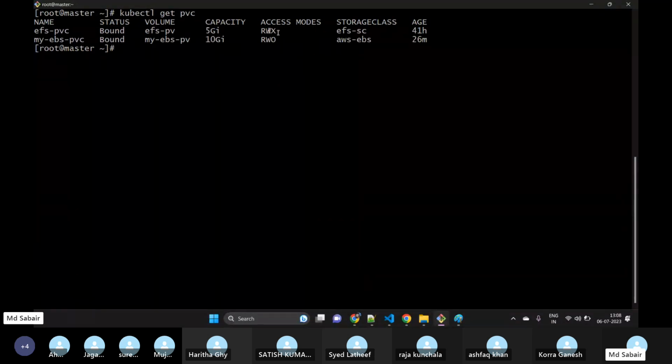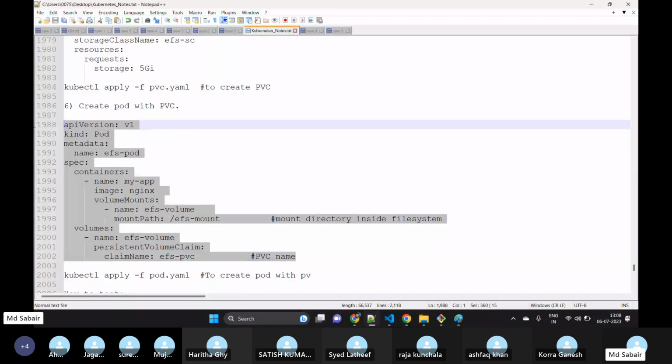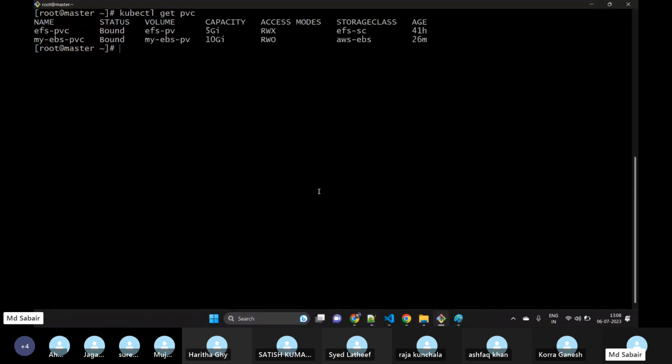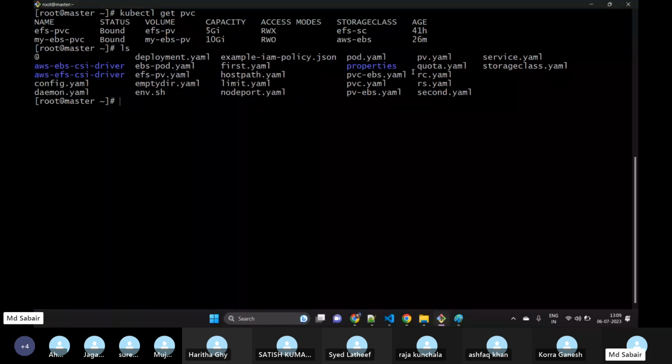Okay, ReadWriteMany access has been provided. Now if I try to create one pod, let us see what will happen. Just copy the YAML files and execute, then you will be able to create the PV and PVCs. Okay, so now let me execute my pod